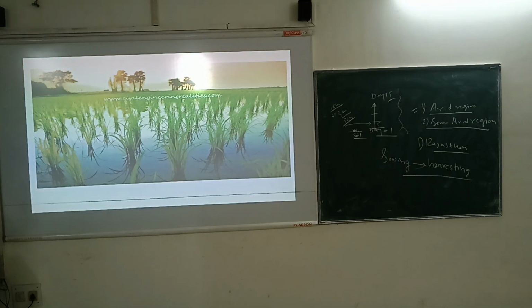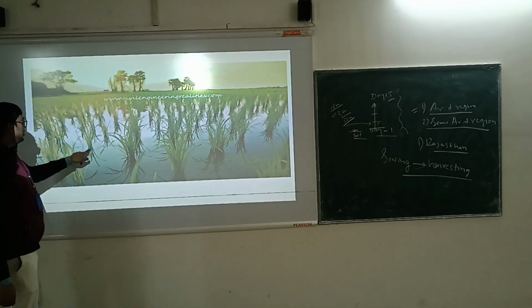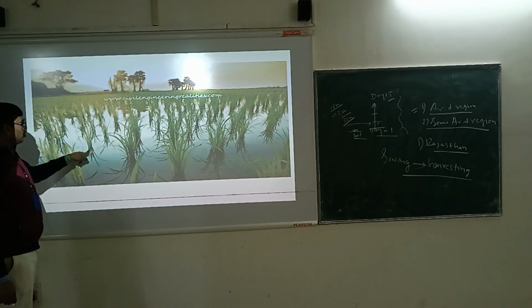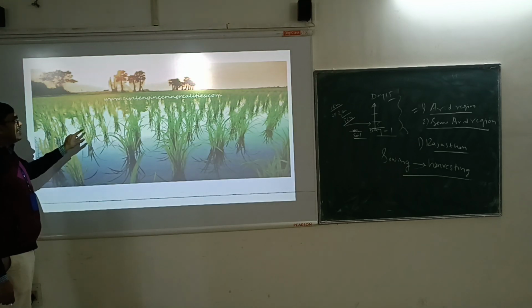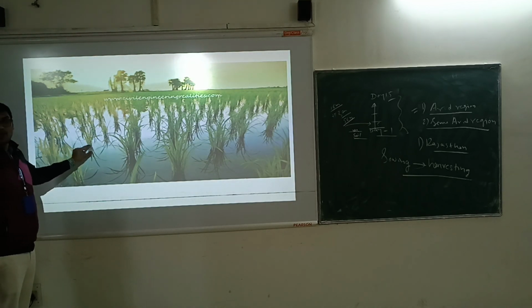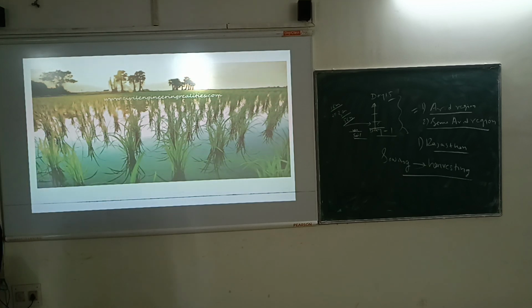So basically this is the water requirement. You see here the depth of water. Suppose this depth of water is 1 centimeter or 2 centimeter. That is for the earlier stage of the rice, where we can measure the depth of water. And day by day it is growing, and the requirement of water is also more.